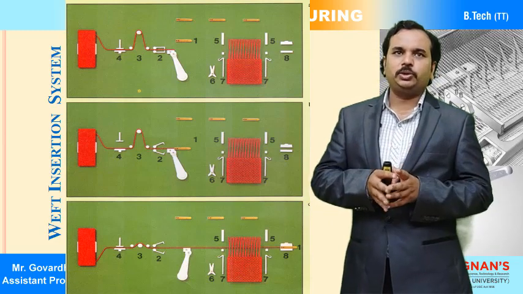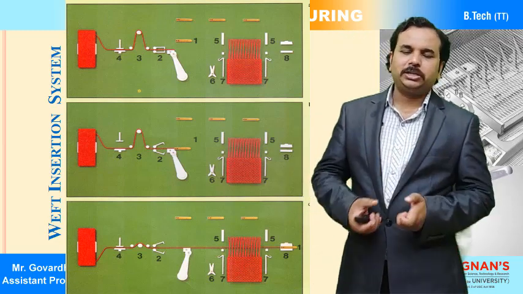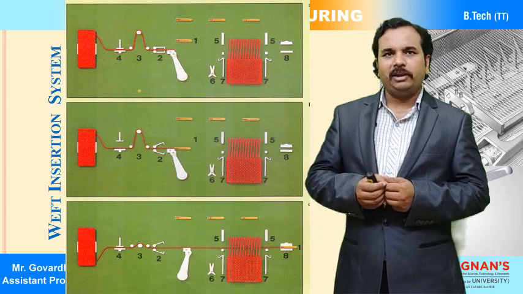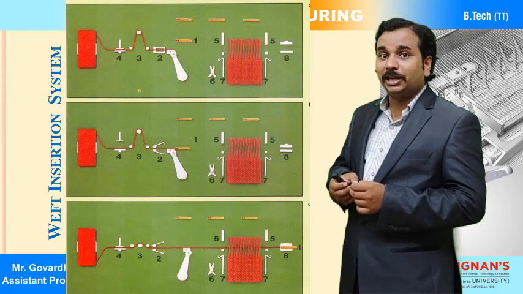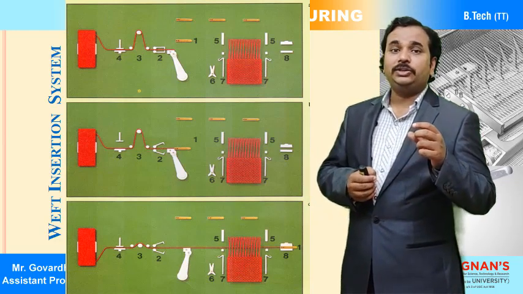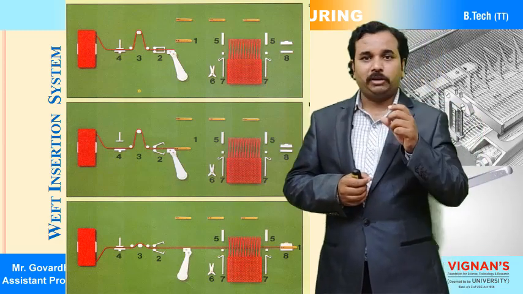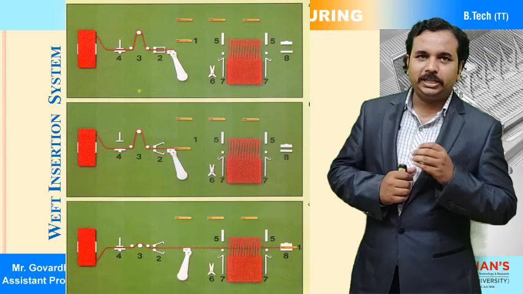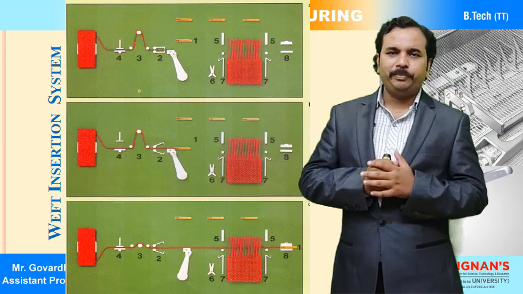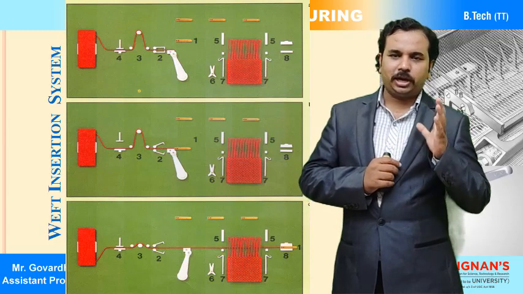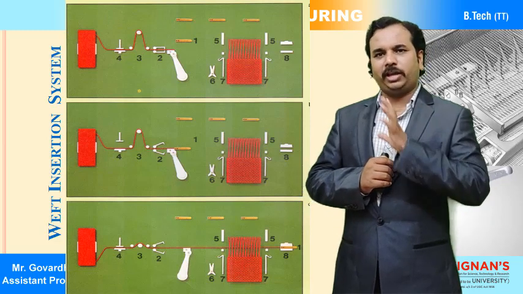In the first case, you can observe the different elements: the scissors and the grippers at both sides of the selvage, the tucked-in selvage, and number 8, which is the brake or checking device on the receiving side of the projectile weaving machine. Now in the second image, number 4, the brake, is released. The tensioners still keep the weft yarn under tension. Now the projectile feeder feeds the weft yarn.